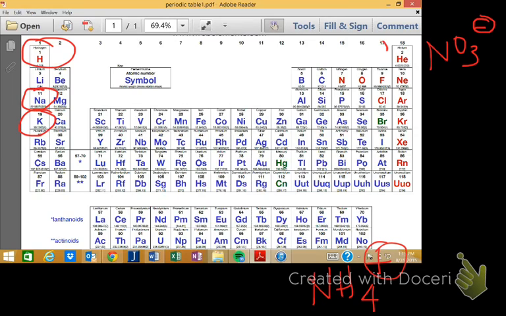On the other hand, the elements on the right-hand side of the periodic table, those that are halogens, tend to gain electrons. I'm sorry, not lose electrons. They tend to gain electrons, and they like to gain 1. The reason why is they want to look like the noble gases, and so that's why fluorine becomes fluoride,